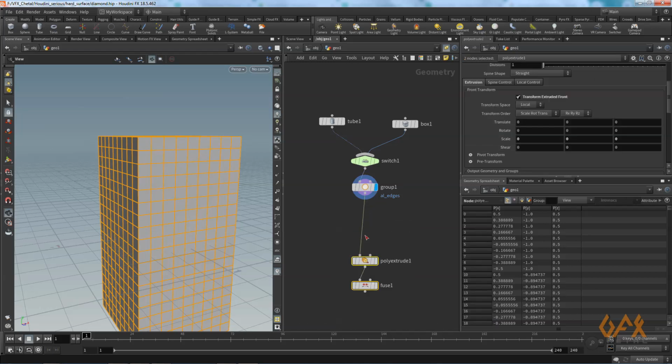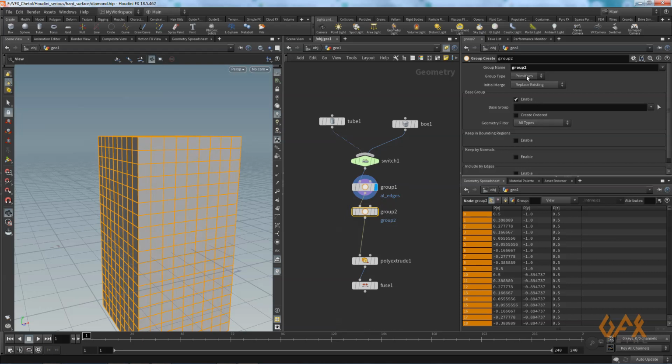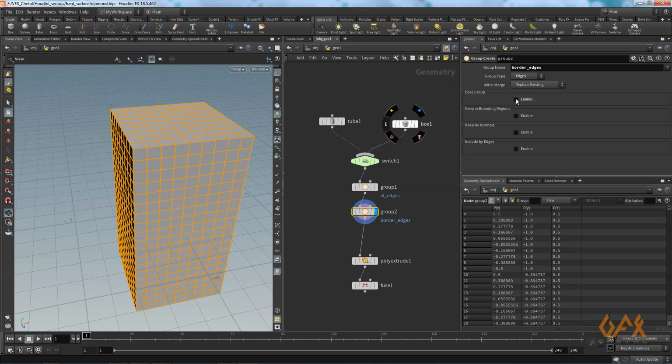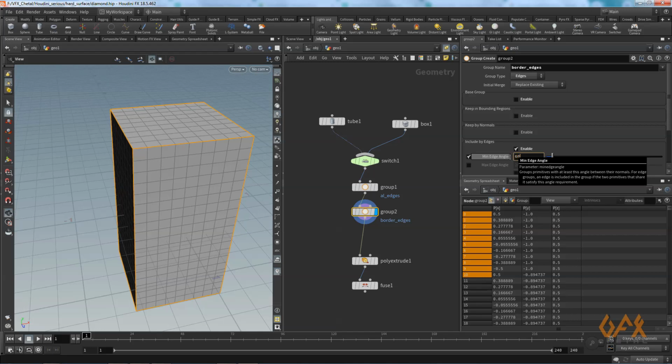Now I create one more group, and here I have to find the border edges. Right now I only want to select these border edges. So I deactivate this base group, and I go to include by edges. I click over here, minimum angle, and I set the minimum angle to maybe 60.